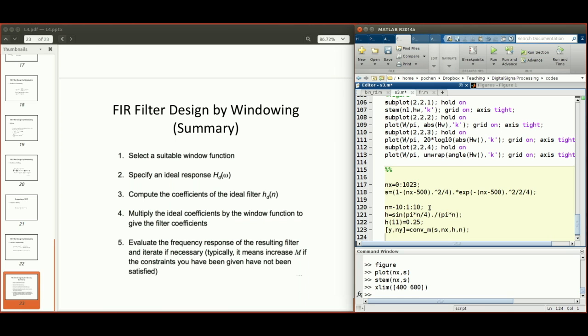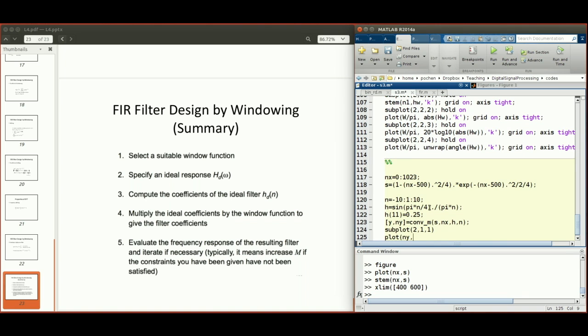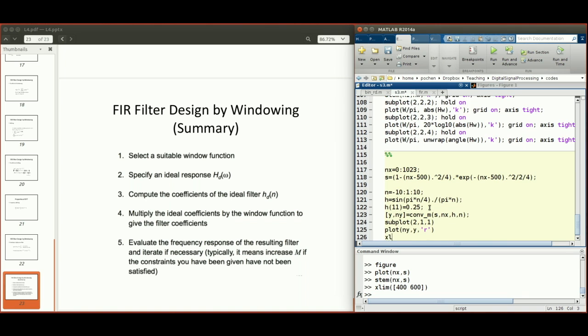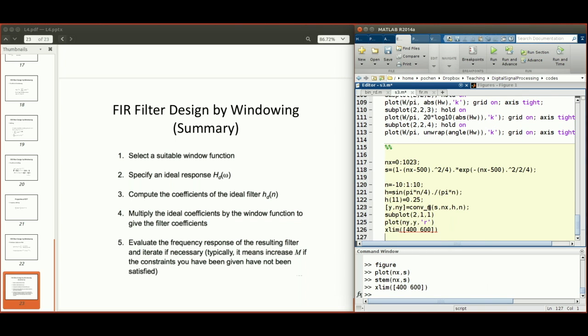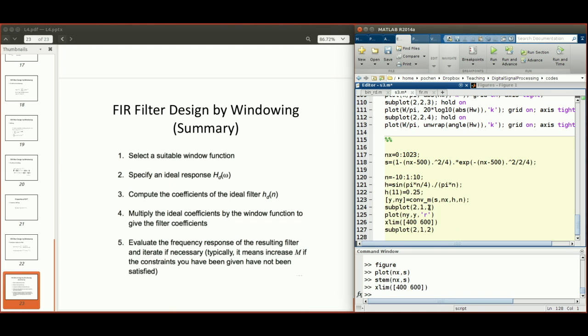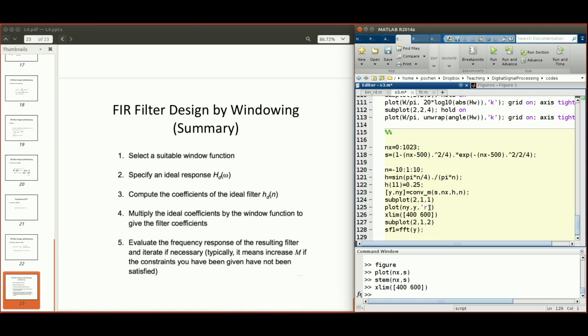So then let's make a plot of it. We're going to do a subplot, and then plot ny and then xlim 400 to 600, for example, right? And then we're also going to plot the frequency domain representation of the filtered signal, right? We can obtain the frequency domain representation of the filtered signal by just doing an FFT, right? So we're going to plot it in a separate subplot. And then SF1 is going to be FFT of y, right? And then we can just plot